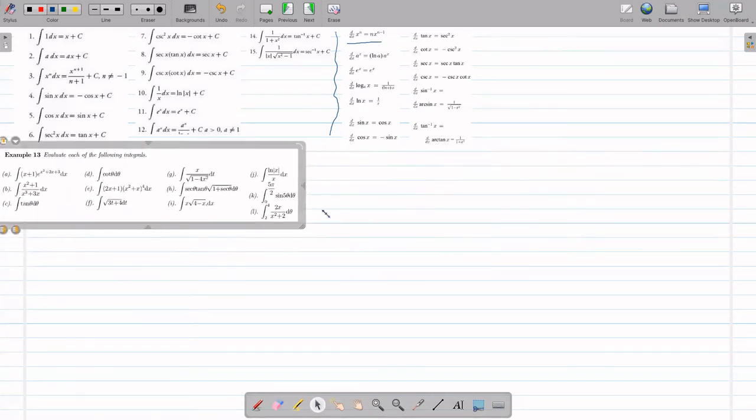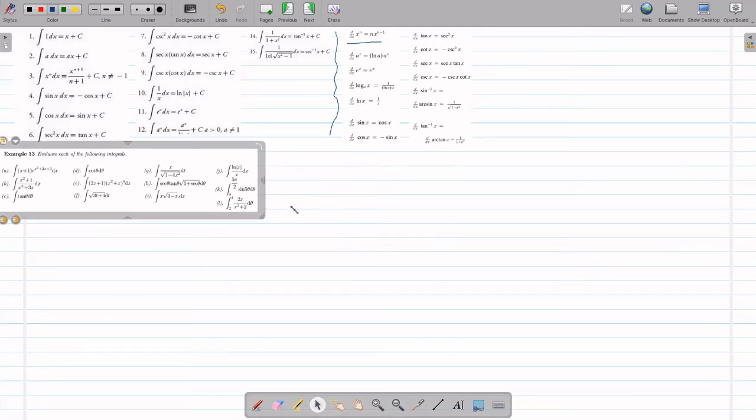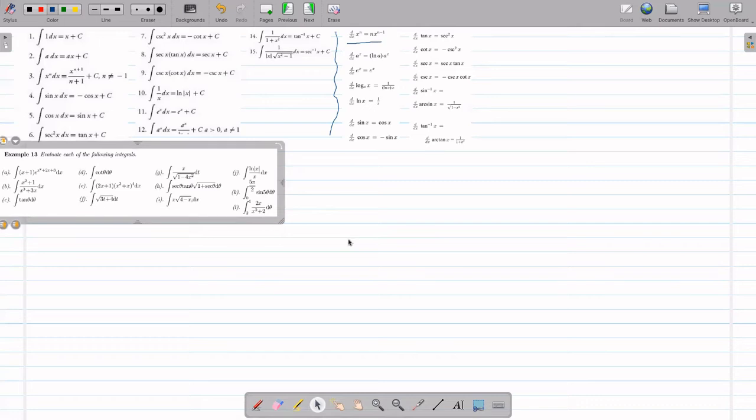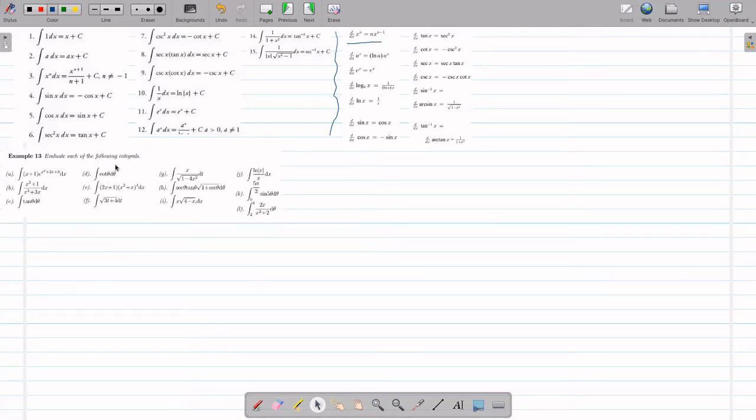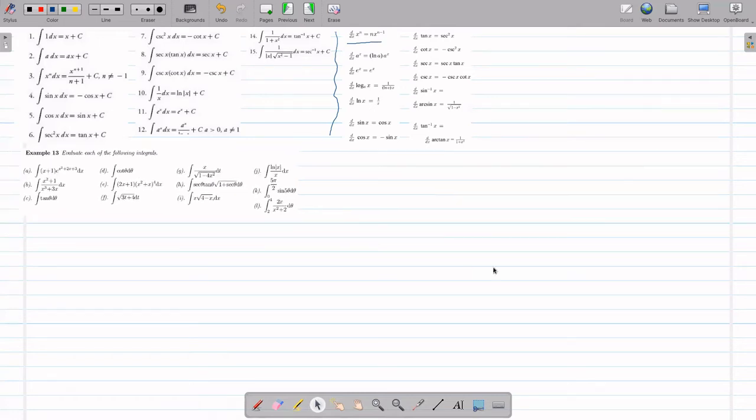I'll make it small. Okay, so the first one. So our u is the denominator. We pick u to be the denominator or inside function. Okay, so we have here